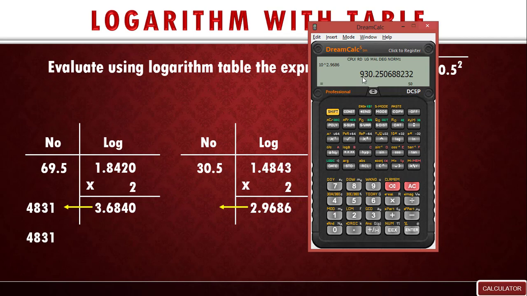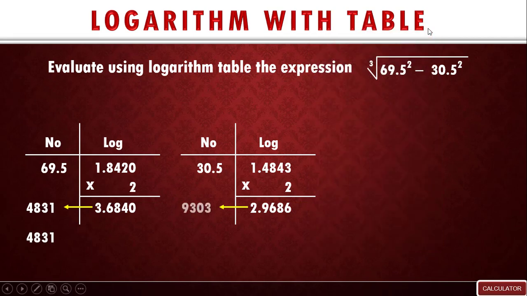So we ought to have 930.3. So we have 930.3, then our final answer will be 930.3 for 30.5 raised to the power 2. The next thing to do now will be, if you notice that we've solved 69.5 square and we got